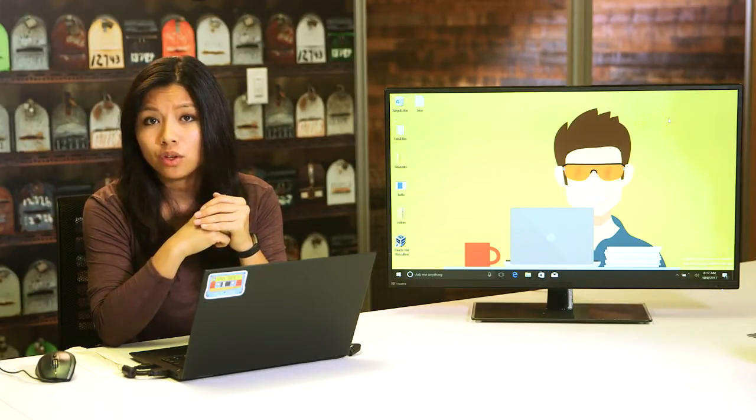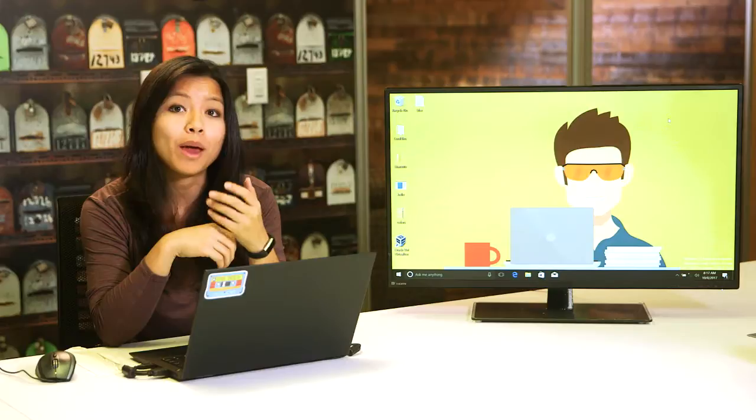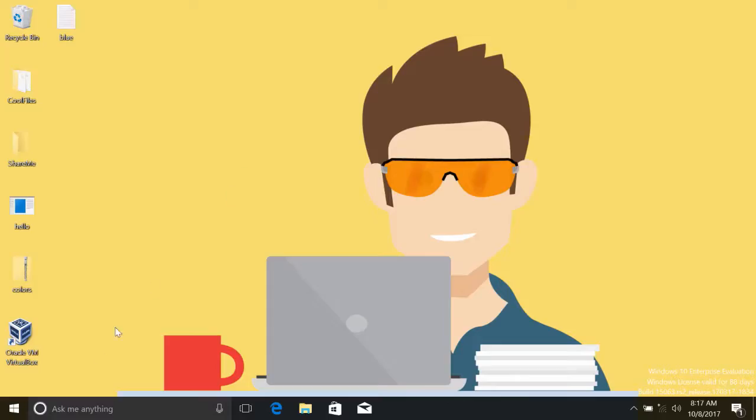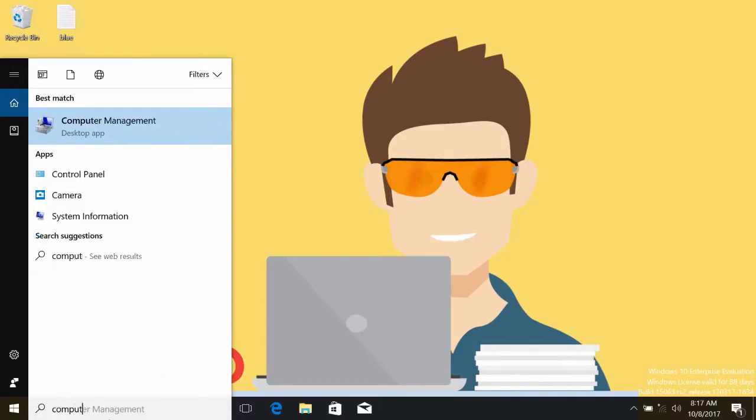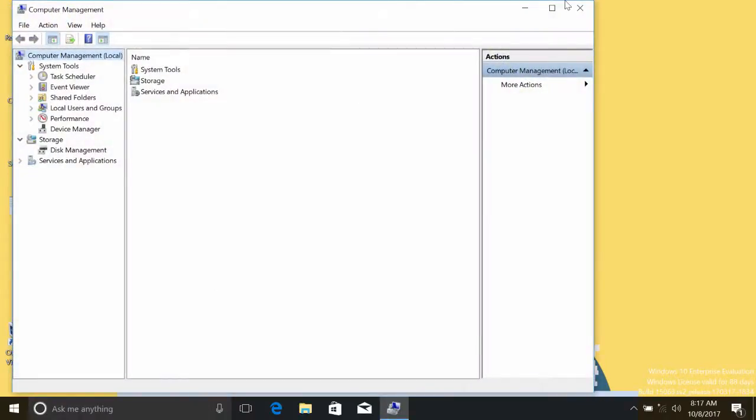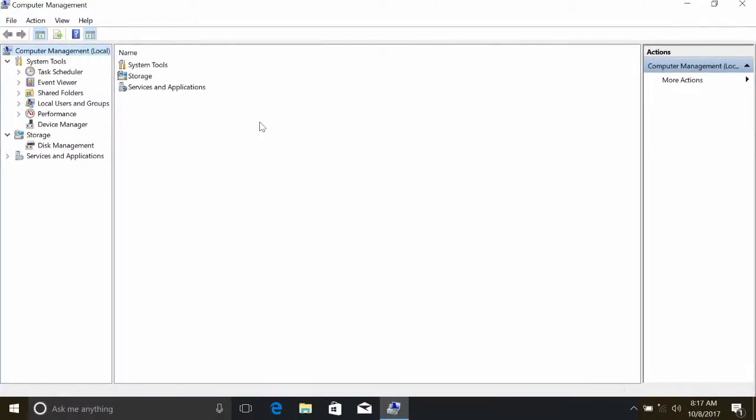To reset a password in the GUI, let's go back to our computer management tool. Under local users and groups, we're going to right-click on a username, like this account, Sarah.